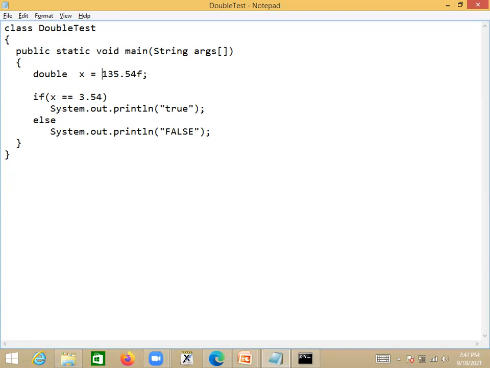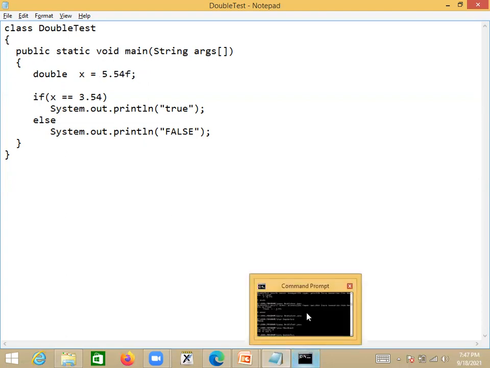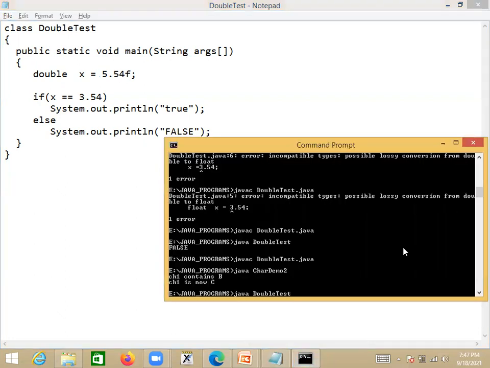Now, if this is floating point type and I try to store it in a double type variable, will I get any error? Previously, when I declared X as floating point type and tried to assign 3.54, I got an incompatible types error.